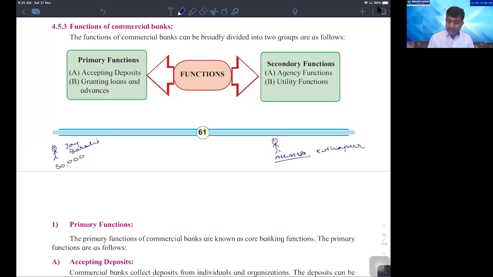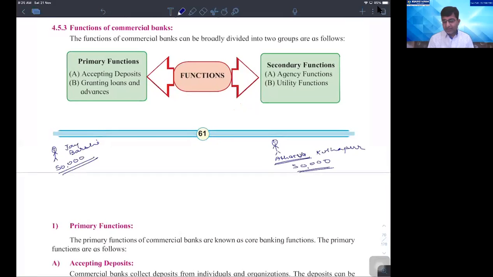Now Atharv is starting a new business activity, and for that purpose Atharv requires 50,000 rupees. Jay sitting at Barshi has 50,000 rupees. Atharv sitting at Kolhapur has the requirement of 50,000 rupees. Even though Jay could send the money to Atharv, he does not know anything about Atharv's history or geography, so he is not ready to give that 50,000. Tomorrow if Atharv runs away with the money, etc., etc.